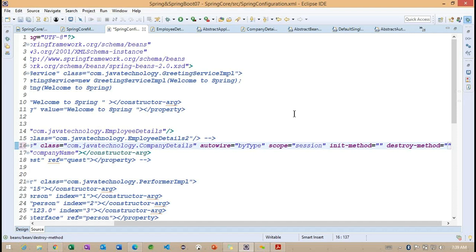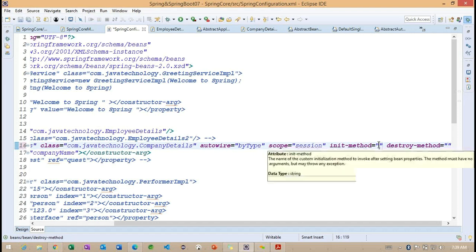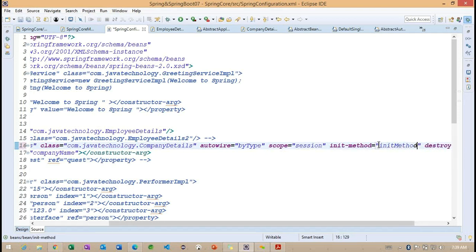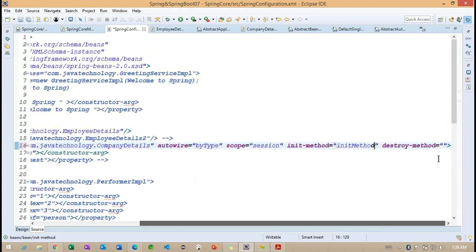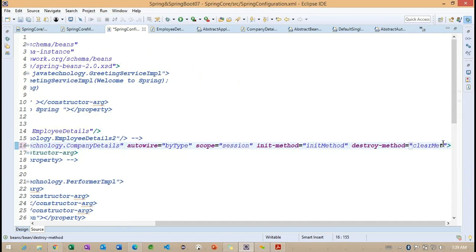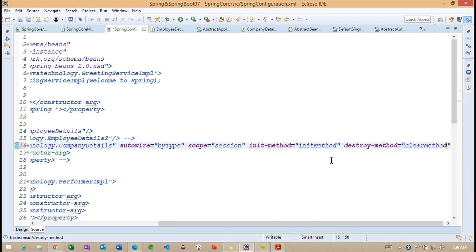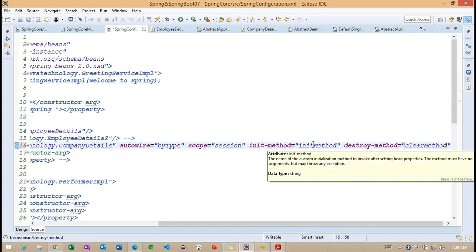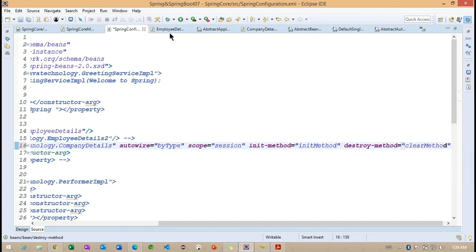Now I want to specify the init method, and for the destroy method I want to specify the clear method. So we need to define these two methods.